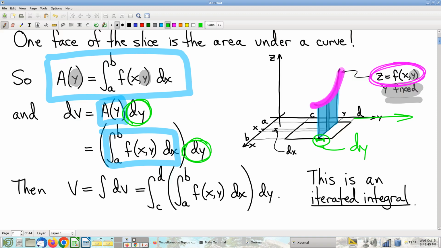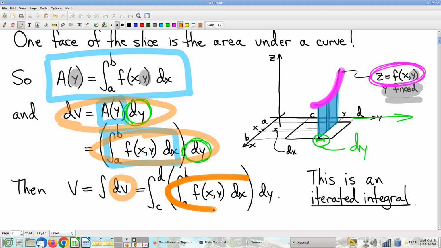So area times thickness gives you little pieces of volume. These are the pieces of volume that we're adding up, and altogether, the total volume that we're interested in is just that